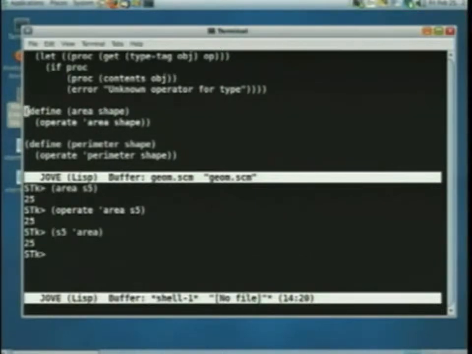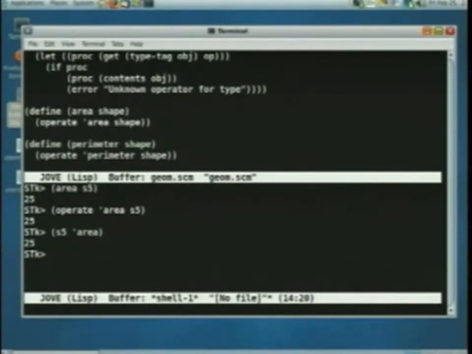Why on earth would we want to do this? So one answer is, now adding a new shape is easy. If I want to deal with hexagons, I don't have to go and modify the existing procedures at all. I just write one new procedure, make hexagon, that has all the formulas for hexagon in it. So if I'm adding a lot of data types and I'm not adding a lot of operators, this might be